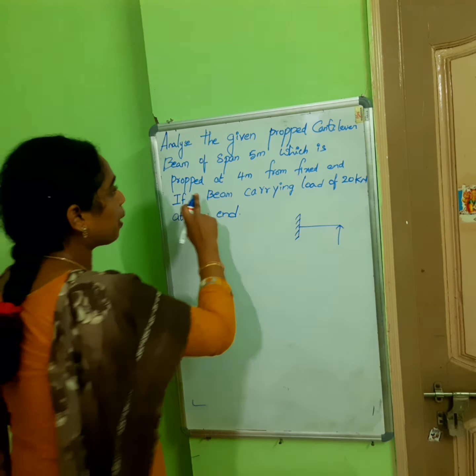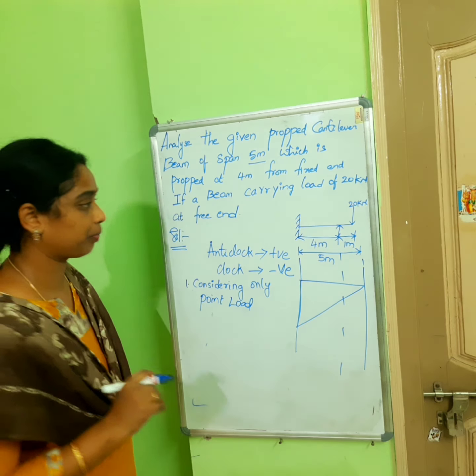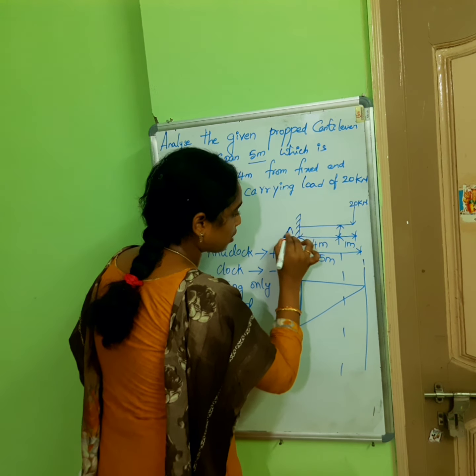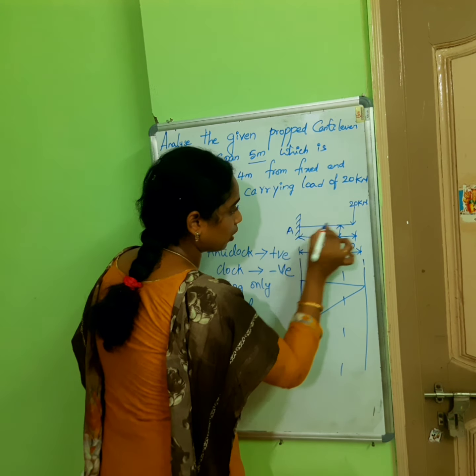How will the M by EI diagram come when only the point load is considered? Okay, this is my M by EI diagram. I am mentioning the notations A, C and B. Just imagine I am removing the prop, but the point is there. What is the overall bending moment? W into L. How this bending moment diagram came, I have clearly explained in lecture 2, so please check out my lecture 2 video.